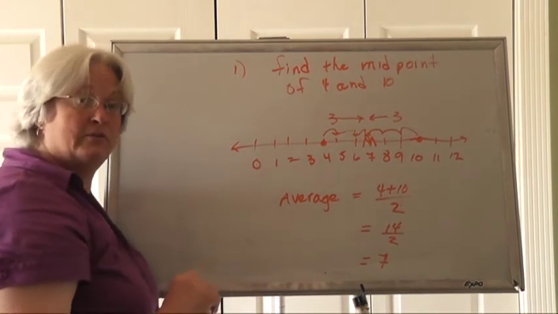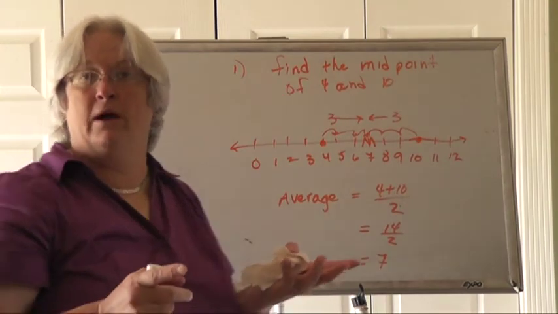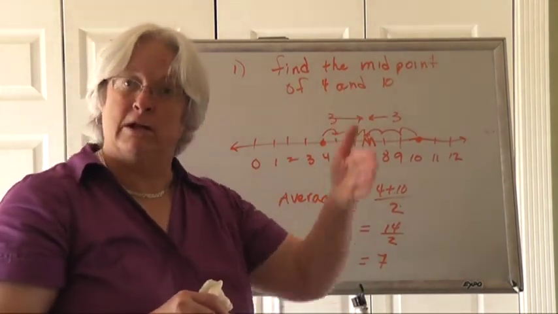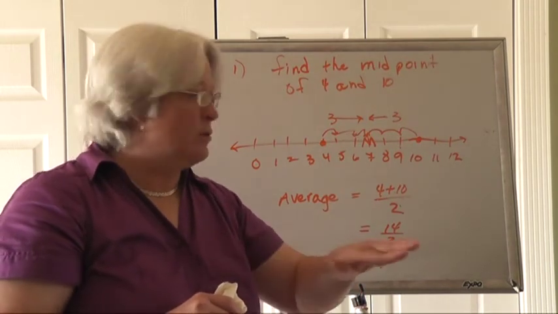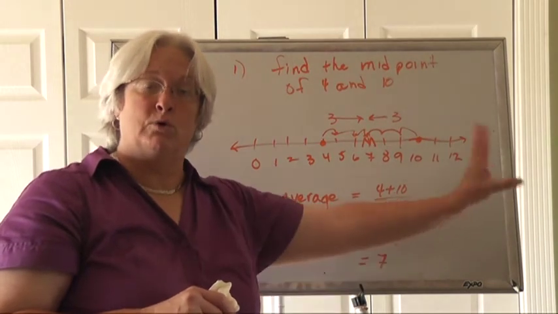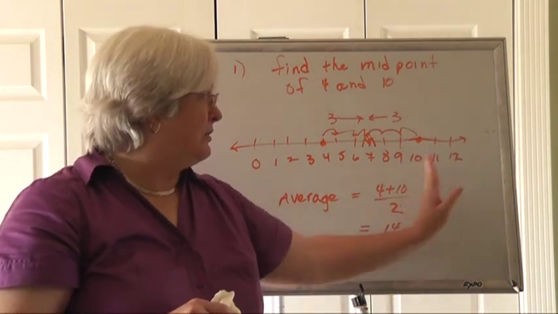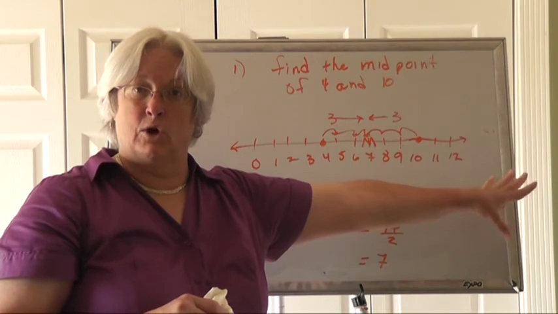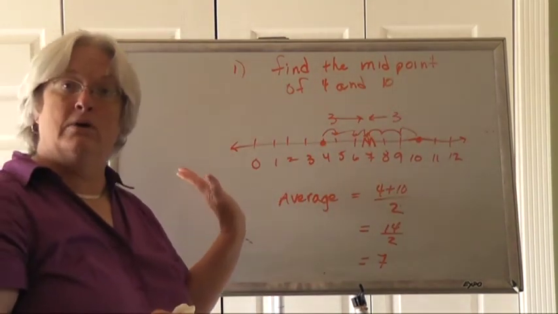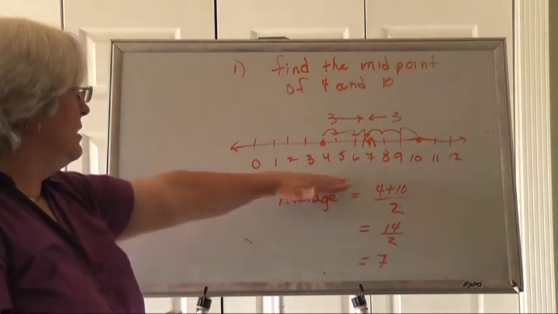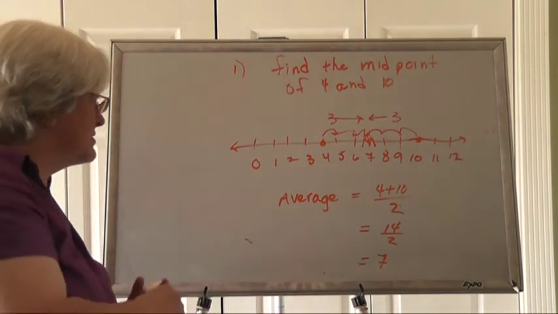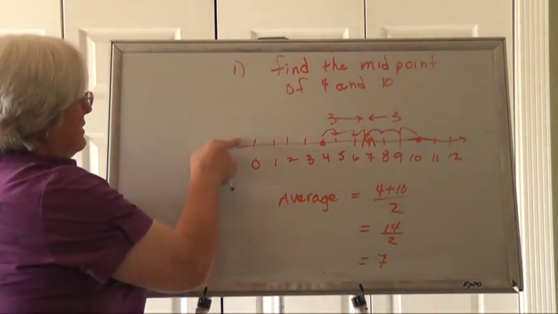And that's all that's involved in plotting numbers on the number line, calculating your midpoint, recognizing that number lines can be vertical, they can be horizontal. You want to remember that the further you go towards the right, the higher the number is, the larger the number is, and it's positive. The further that you go in the left direction, it's negative, and actually the smaller the number is. Remember that with negative numbers,